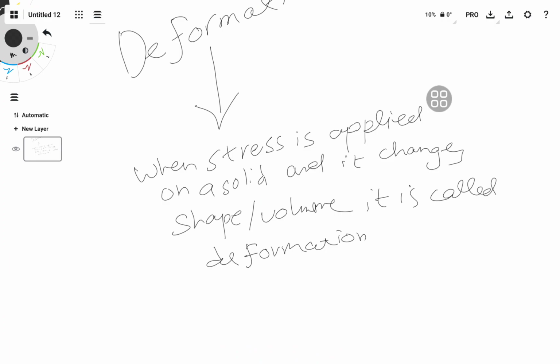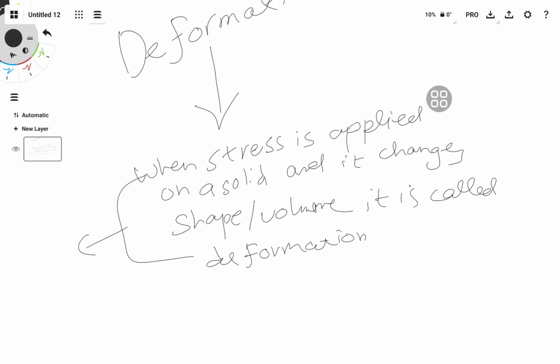When stress is applied on a solid and it changes shape or volume, it is called deformation. Okay,